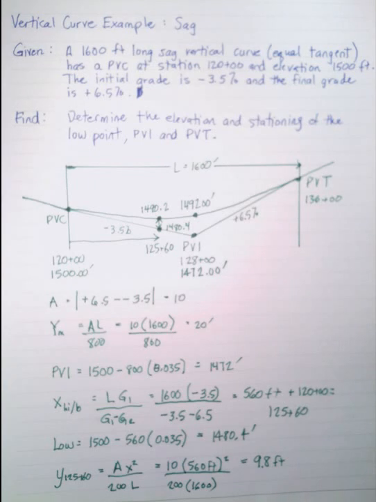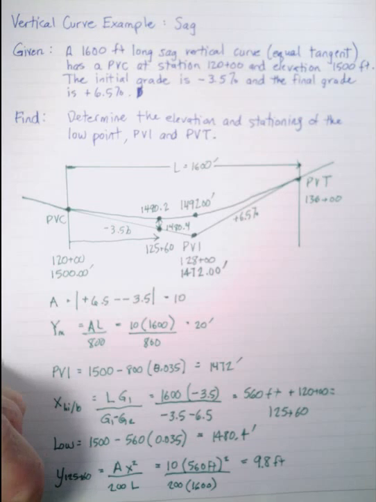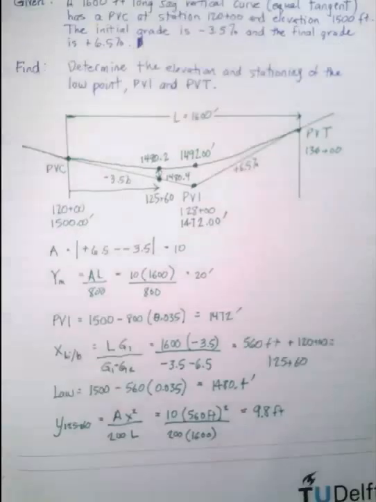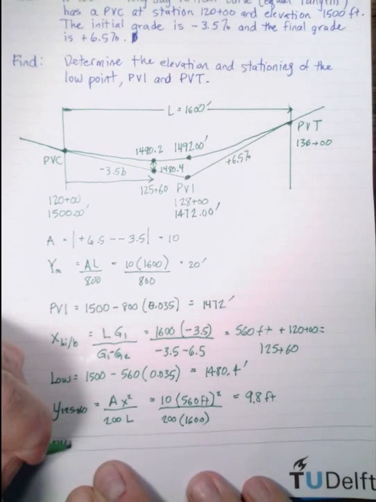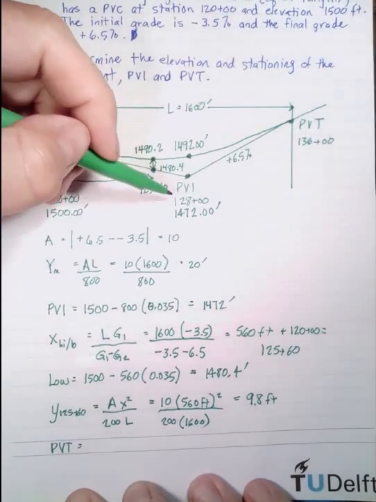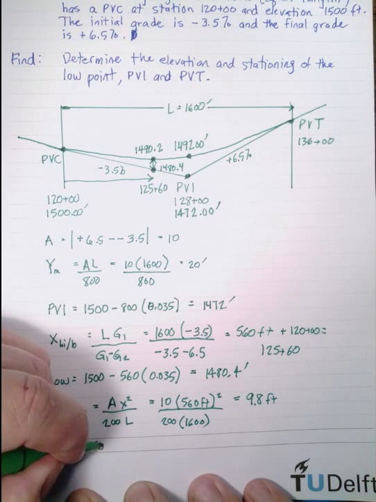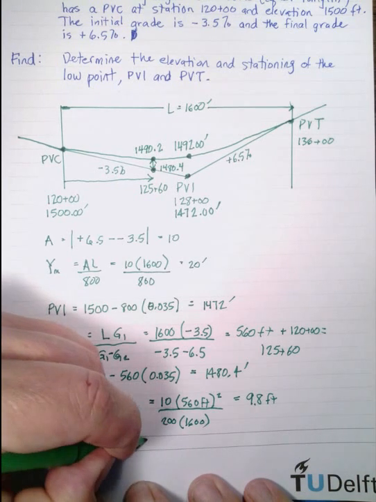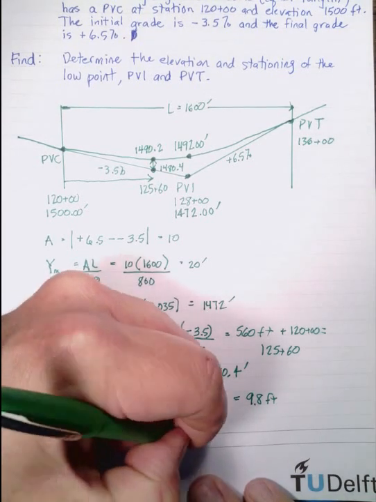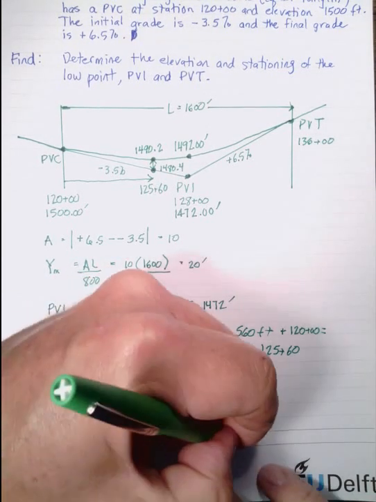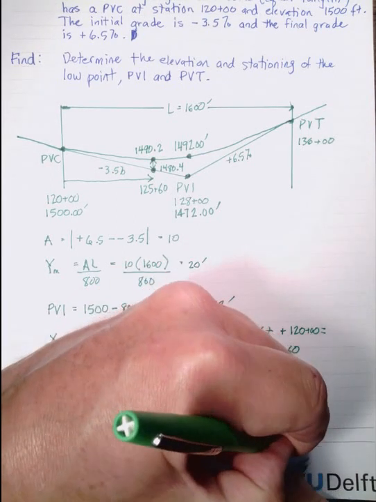The last thing that I have not done is the elevation of the PVT, so I can quickly do that before we finish. I'm just going to slide this up a little bit. So the PVT, and I'm just going to start at the beginning. So it's going to be 1,500 minus 0.035 times 800 plus 0.065 times 800, and that comes out to be 1,524 feet,